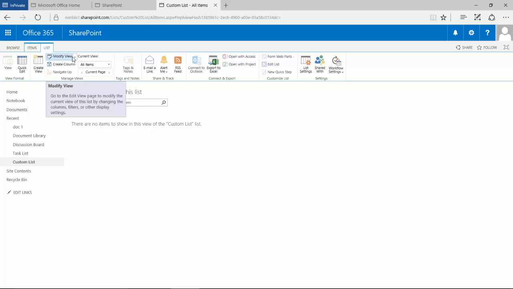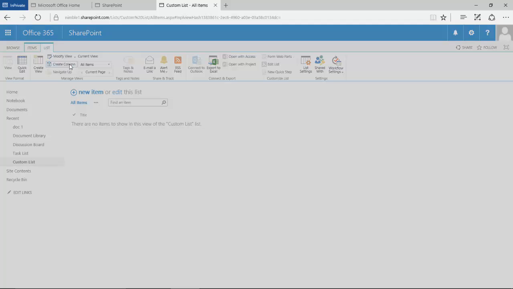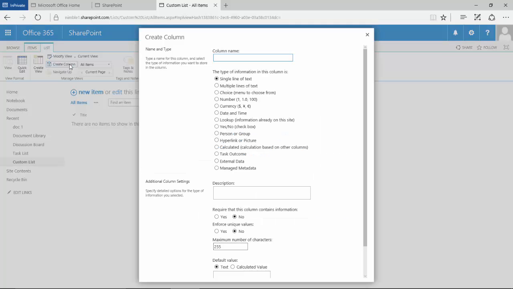Around the views, you have the ability to be able to modify views, and we'll do a bit more about that, again along the lines of what I've just talked about. And this one here, create column. So if we just wanted immediately to create a column, we could just left click this, and you're opened up with this menu, and the makeup of this menu is simply add a name. So let's say that we were going to store employee information here, so we could add a forename,